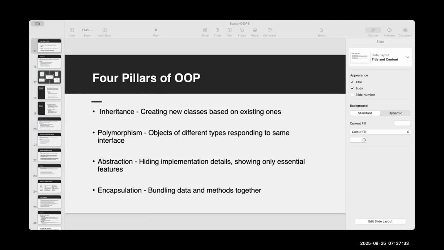remote button. Okay, in the remote, you have the buttons and all. Do you know how it is working internally? You don't know, right? We don't know how it is working internally. And we don't need to know how it is working inside. Why do we need to know? We just need the functionality: this is the OK button, this is the power button, and all those things. So that is what we call abstraction, hiding the implementation detail and showing only the essential